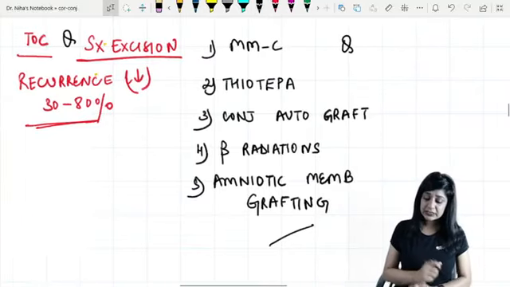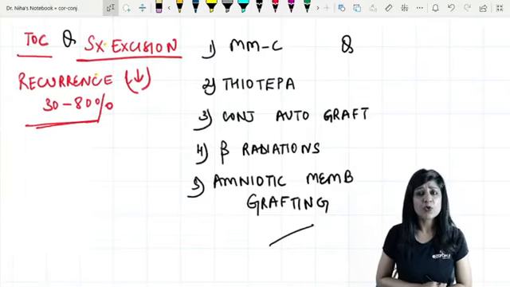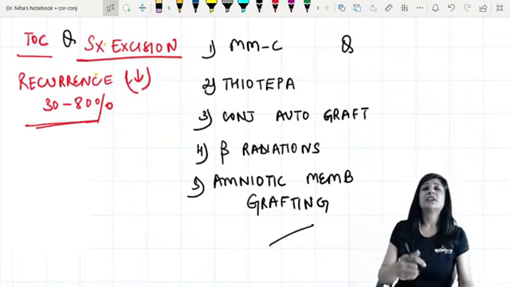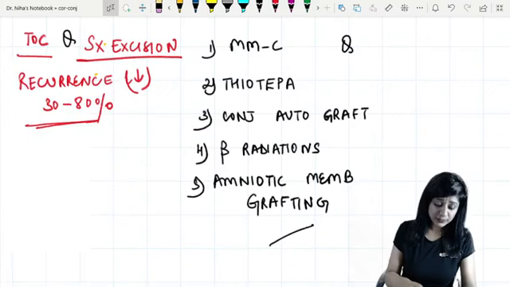So next time we will be taking the cornea, all the important layers of the cornea, the corneal ulcers, how to differentiate infective and non-infective ones. So I hope